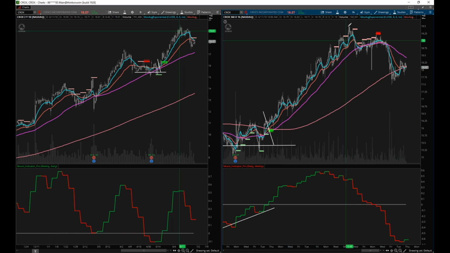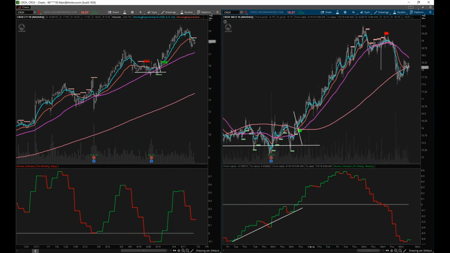And so what it did, it kind of did a little break, tried to walk itself up the hourly 50. It's like a broken record, over and over and over. Price trying to come up, but the indicator kept going red, and down, and finally we got our trigger here, which is where the Moxie indicator crossed through 0. And shortly after that, the hourly 50 could not hold up price anymore, and this thing just dropped like a rock.